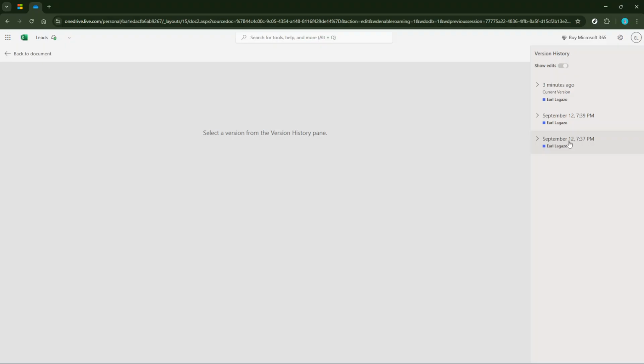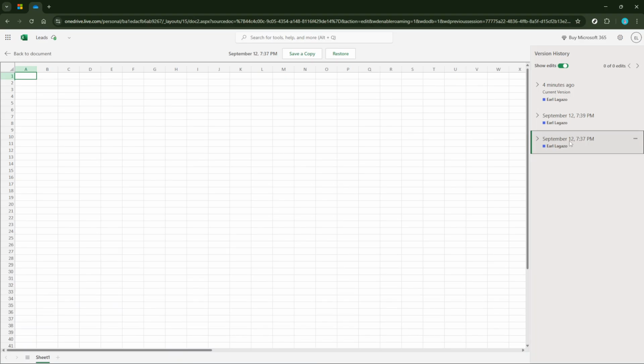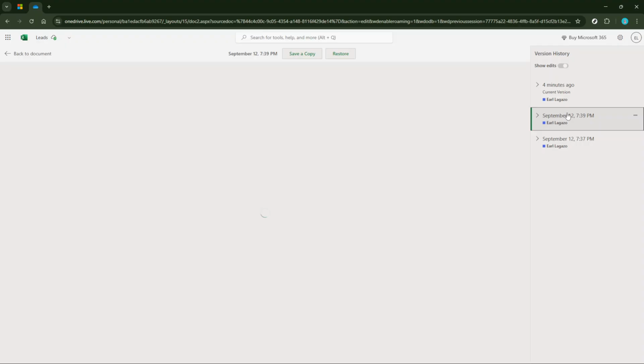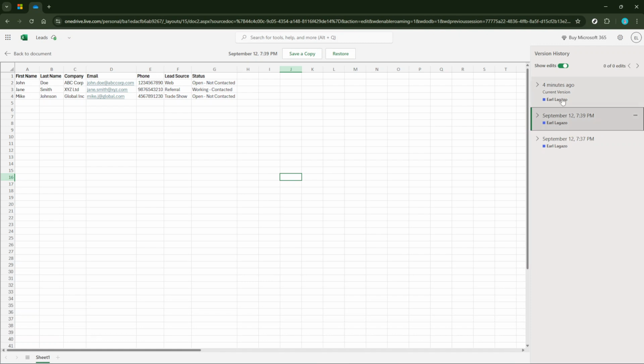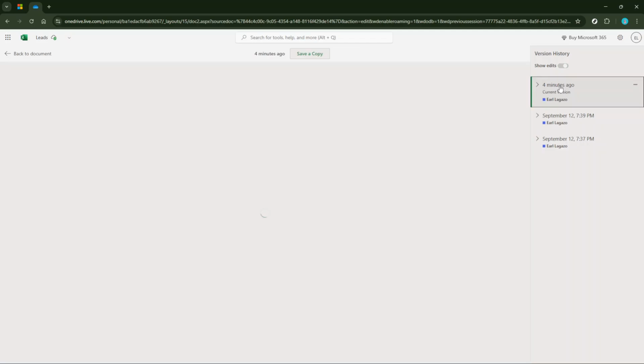Take a moment to scroll through these versions and locate one that you believe contains the worksheet you want to recover. The timestamps can be a good guide to help you pinpoint when the changes you need might have been made. After you've found the appropriate version, it's crucial you double-check before proceeding, as this version will effectively roll back parts of your document to a previous state. Once you're confident, click on the selected version. Doing so will allow you to review its contents in detail to ensure it's truly the one you're looking for.